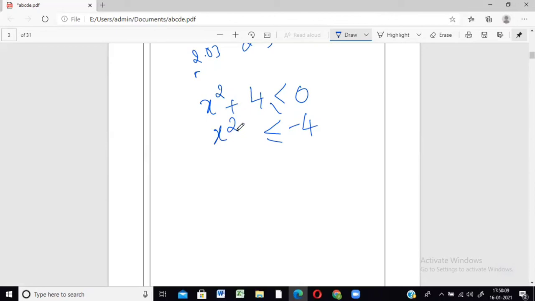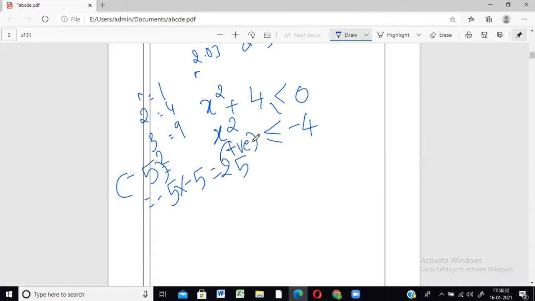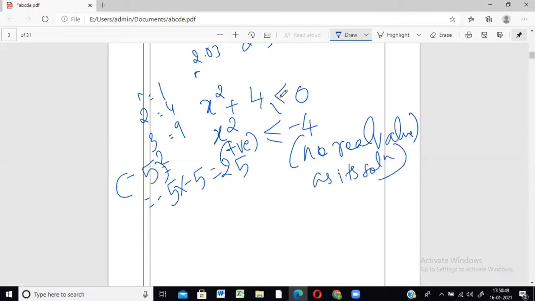Because whenever you're taking squares, they are always positive numbers. 1 हो, 2 हो, 3 हो. इसका स्क्वायर कितना है 1, 2 का स्क्वायर कितना है 4, 3 का स्क्वायर कितना है 9. सपोज अगर मैंने नेगेटिव नंबर लिया -5, -5 का स्क्वायर कितना है -5 into -5, that is still going to give me 25. So square of any number is always positive. Okay, this number is always positive, and you are saying that this number is actually lesser than a negative number. How can a positive number be lesser than a negative number? This is wrong, right? So in reality, it has got no real value as its solution, which can make the above statement a true statement.